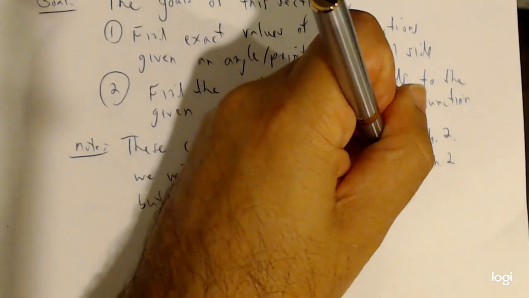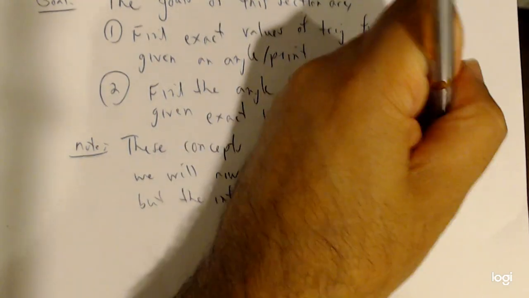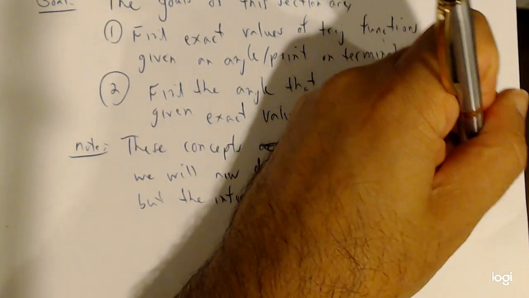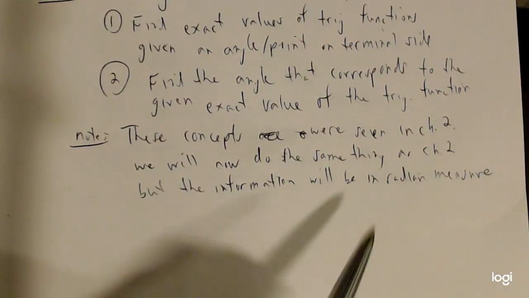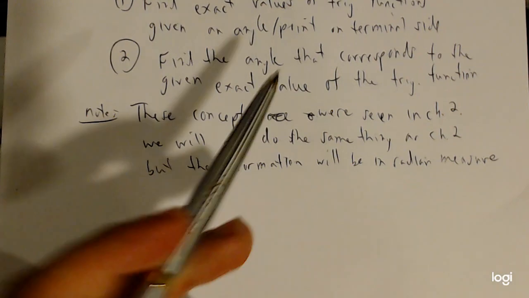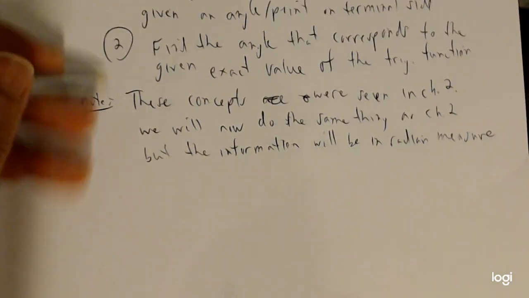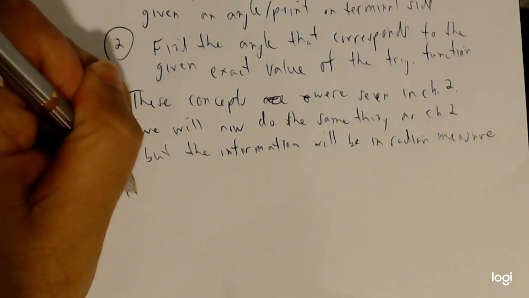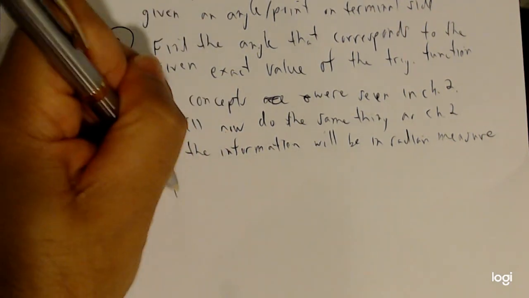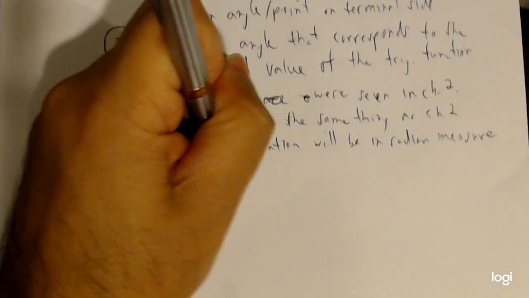So if you think about it, yeah, we're doing the same thing as chapter 2, except in chapter 2 everything was given in degree measure, where now we're going to be dealing in radian measure. So since we know how to do these things using the ideas of chapter 2, let's jump into our